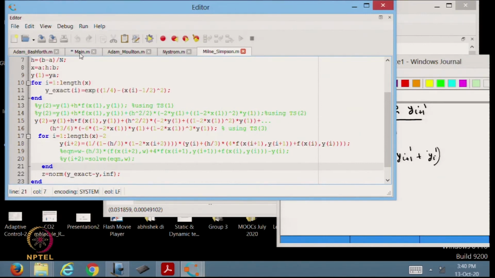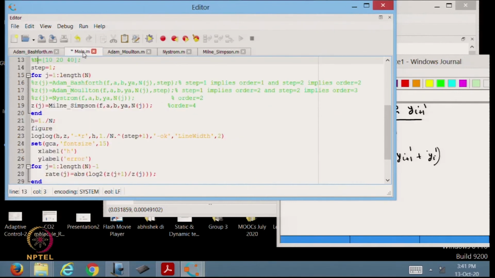The order of the method which we expect from Simpson is order 4, that is why we have chosen TS3. If you want the previous one, then that error will dominate. So, again in this method, because we have worked out only with one difference scheme, step is irrelevant.